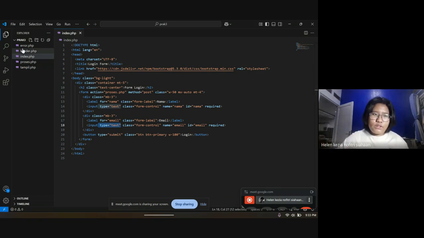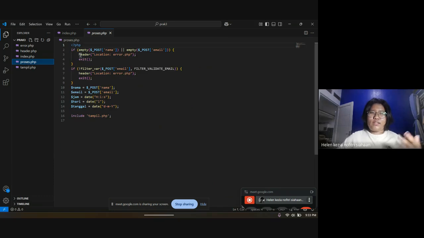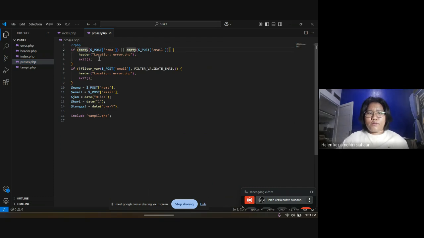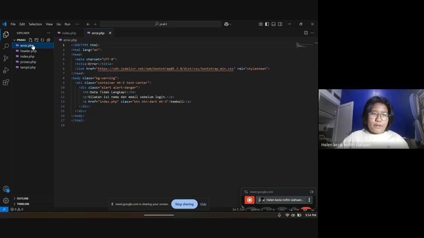After that, we can see the process in here is using PHP. Let us check for the empty name. The location is error. I put the filter in here. If you don't input the at in the email column, it will send you to error.php, which is the error page, and we can see the error page in here.